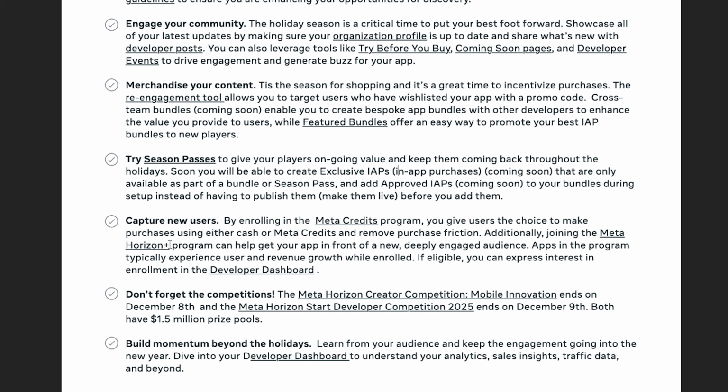They also encourage you, it says capture new users, but it's really encouraging you to enroll into the Meta Credits program, which is just kind of Meta Cash. That way they can just make purchases without having to have a credit card. So if people are getting gift cards. Additionally, they also encourage joining the Meta Horizon Plus program, which is kind of like their version of a subscription, kind of like Netflix. You get access to a ton of different games by subscribing to this service. So your game could be included as part of that, and then you also get some revenue from that as well. And then it rounds out by mentioning the competition again,